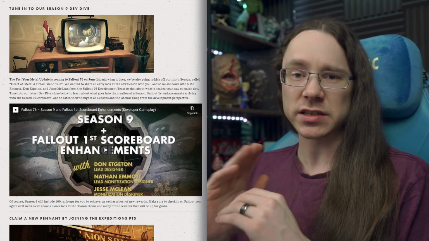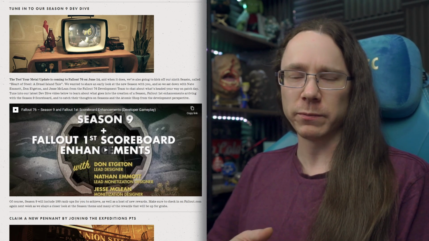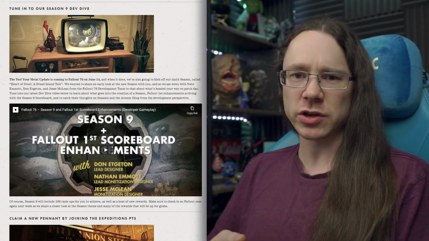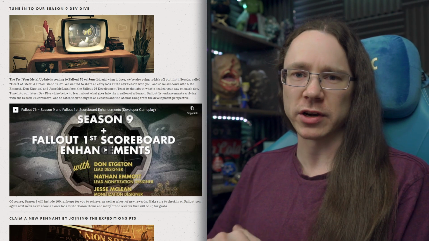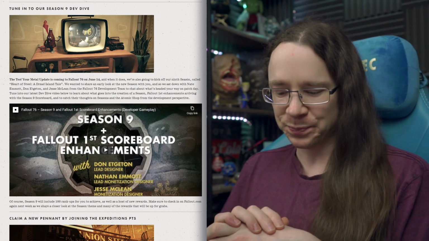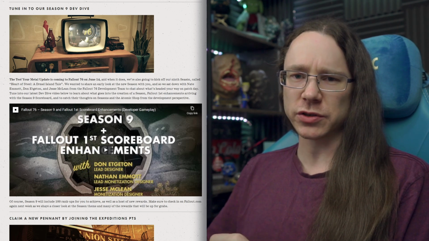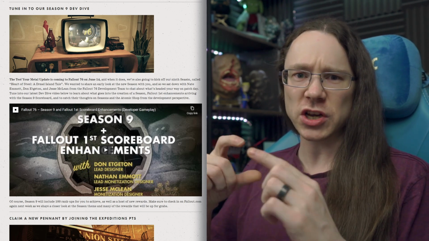So, obviously that has no impact at all on people who are not Fallout First members. You can still progress through exactly the same way that you already do. There's just going to be a few bits and pieces to increase your rate of progression if you are a Fallout First member. So, basically the way this works is at 3 specific ranks across the scoreboard, alongside the existing